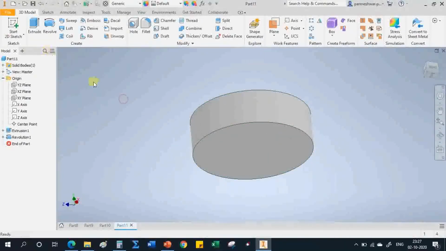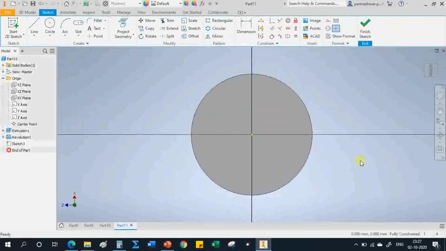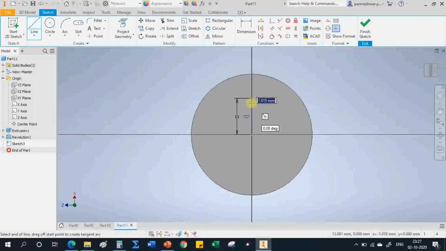Saucer like structure. So select this face, create new sketch, right? The distance is how much? 15 mm from the center. So center, and here it is 15 mm. Okay, circle. The structure is like this. It is 4. Okay, it is 4, right?